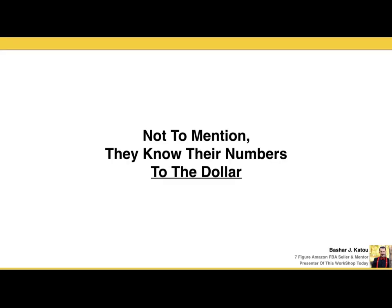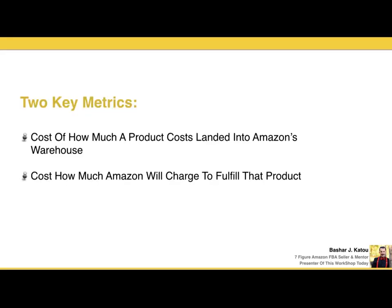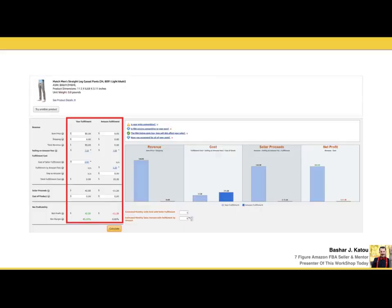Not to mention, they know their numbers to the dollar, because it really means a lot to know your numbers to the dollar. And the 2 key metrics that you really have to know are, number 1, how much a product costs landed into Amazon's warehouse, which includes the manufacturing cost and the shipping cost, and also how much Amazon is going to charge you to fulfill that product. Now you may wonder, how exactly am I supposed to know that? Sure, I can contact the supplier and figure out how much it will cost to launch this product, but exactly how do I go about finding how much Amazon is going to charge? Well,